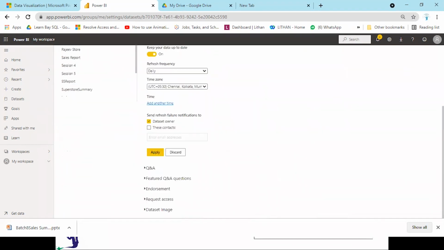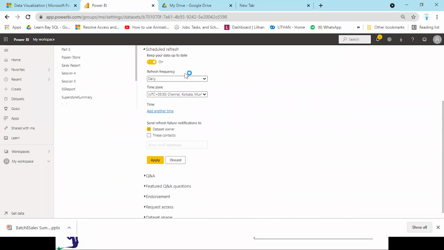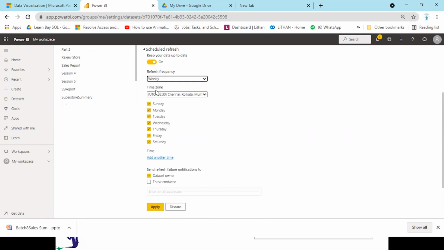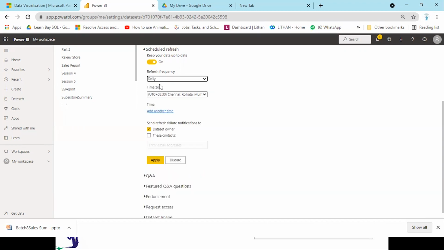When do you want it to refresh? Daily or weekly? I say weekly. So you can specify which day and which time you want it to refresh. Suppose I say Sunday, and specify the time at which I want it to refresh. Or if you want, you can make it daily also.